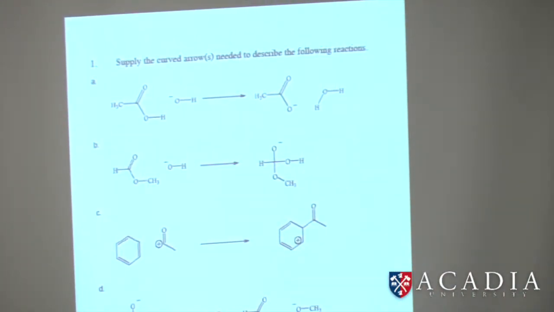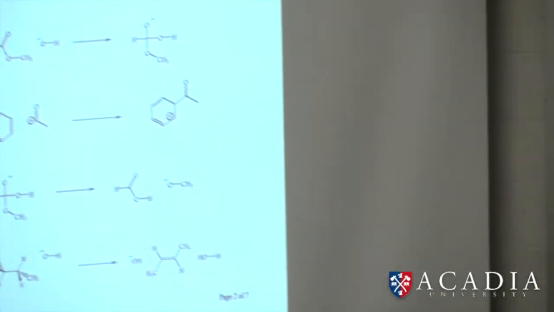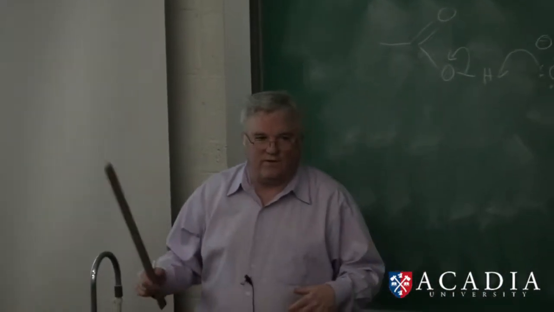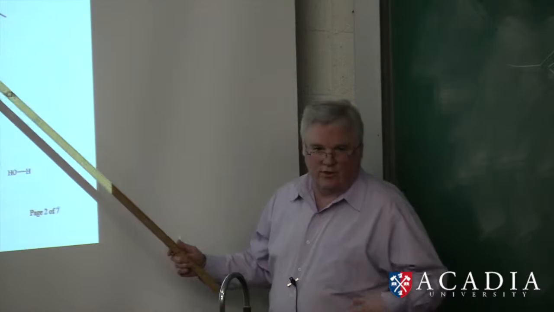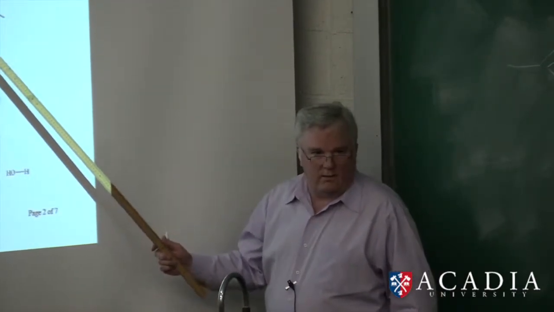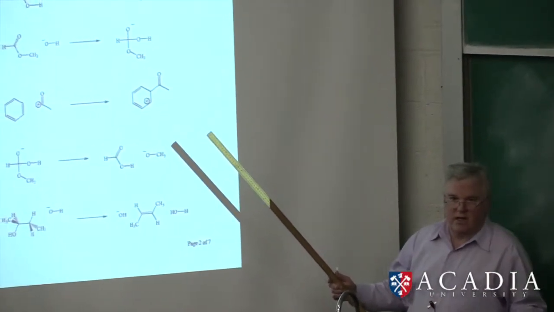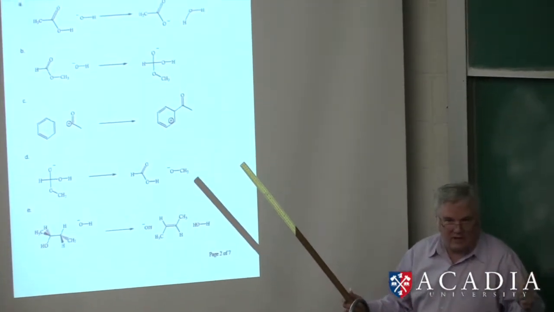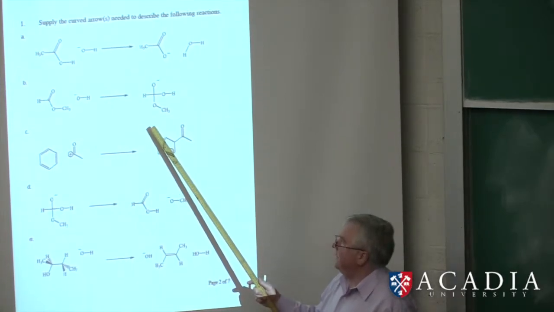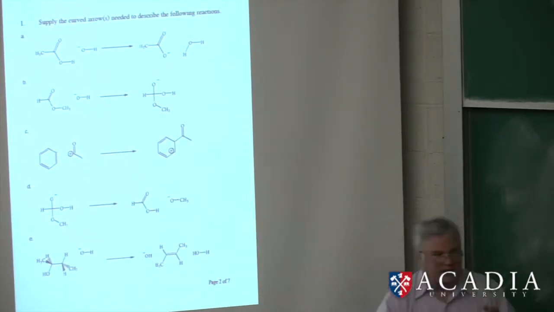drawn. So really this is actually even a kind of formative assessment. It's to get you used to pushing curly arrows. I find it makes a good first question because it gets you thinking about where electrons come from and where they're going in terms of bonding changes. So we always start at a pair of electrons. It might be a lone pair of electrons, or in this case it might be a